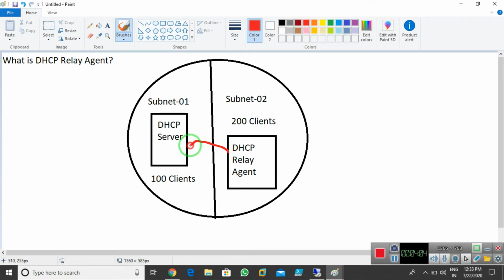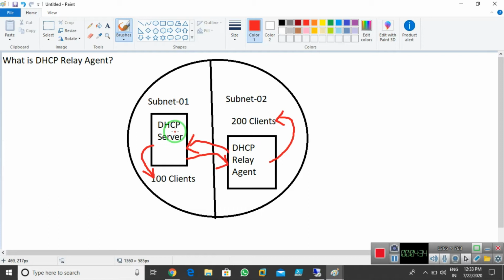The DHCP server sends the subnet 2 IP addresses to this relay agent, and then the relay agent provides them to these clients. The DHCP server provides subnet 1 IP addresses on subnet 1, and the relay agent provides IP addresses on subnet 2. So we can use a relay agent to provide IP addresses remotely or to different subnets.